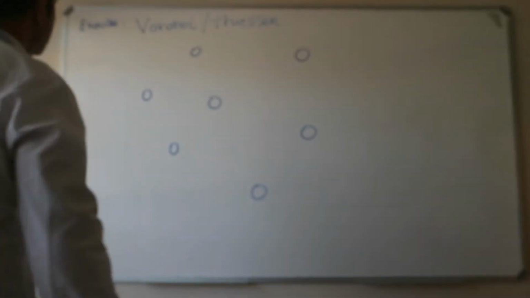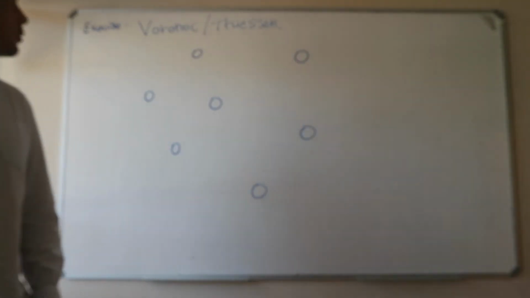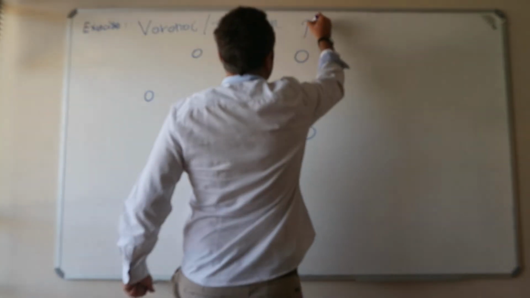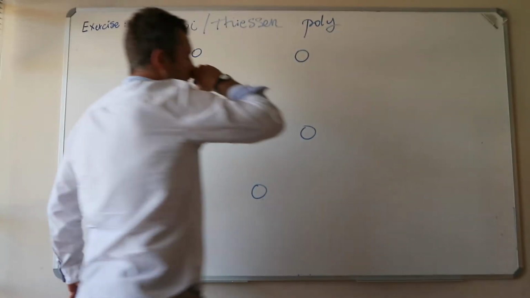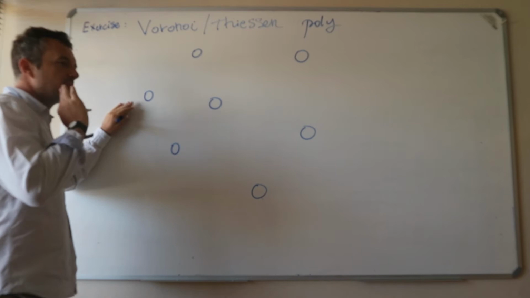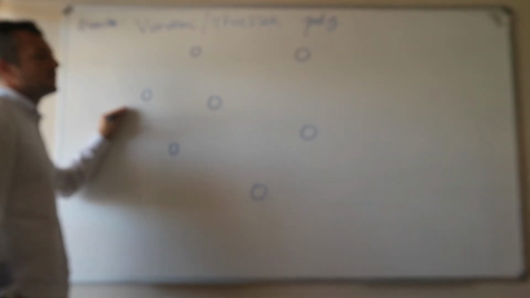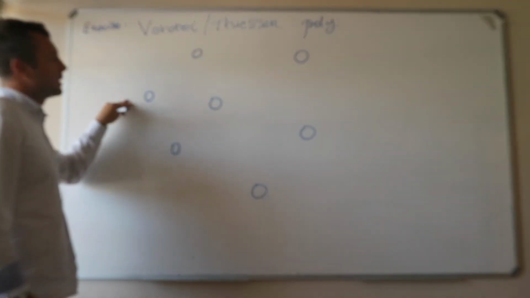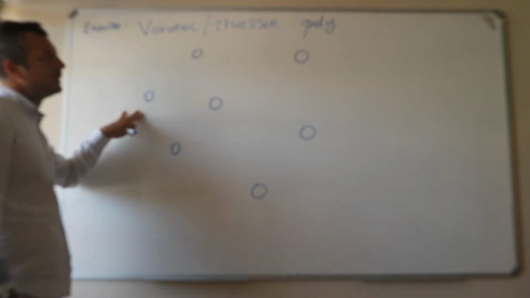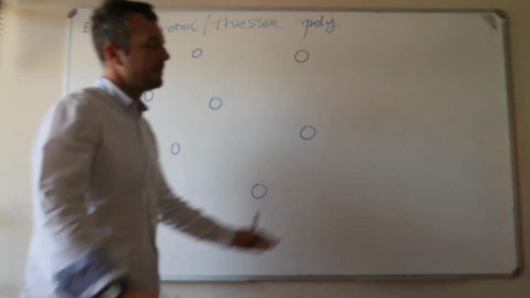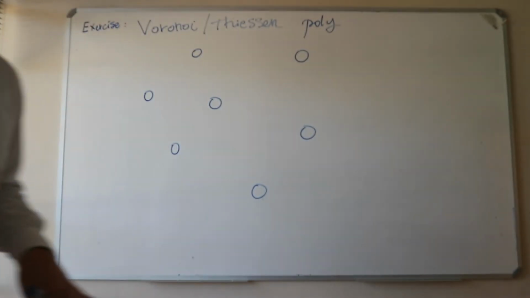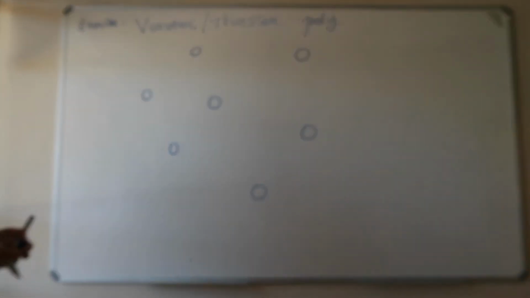Okay, so we move to the second exercise, which is about Voronoi or Thyssen polygons. In that case, we also use as the inputs a point dataset, but the objective is a bit different. The objective is not to detect whether we are having a specific cluster or dispersed pattern. Here, what we're going to do is to estimate, calculate areas of influence. The objective for this could be basic, for example,